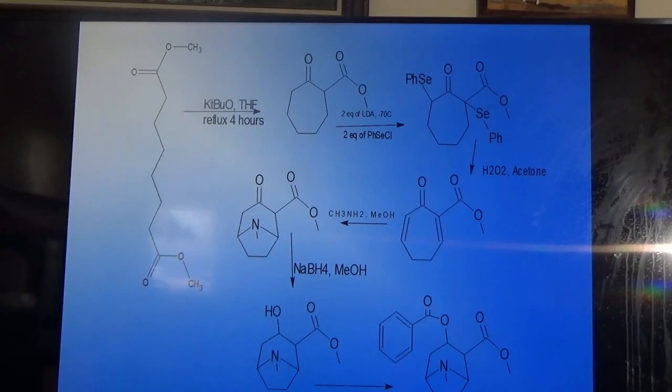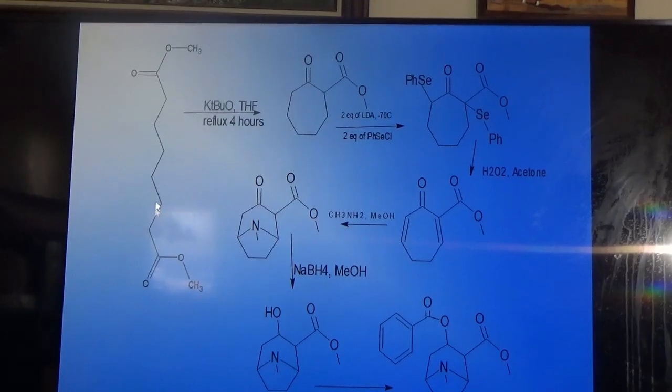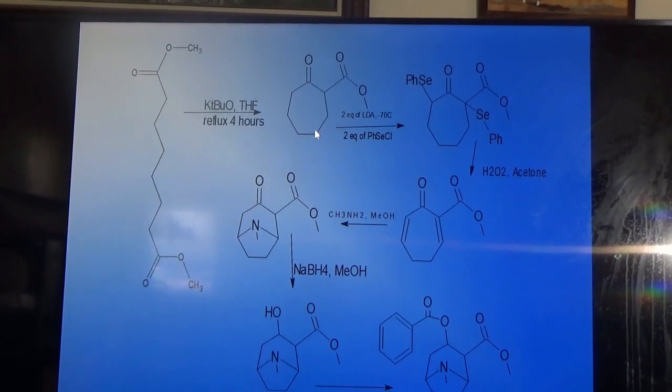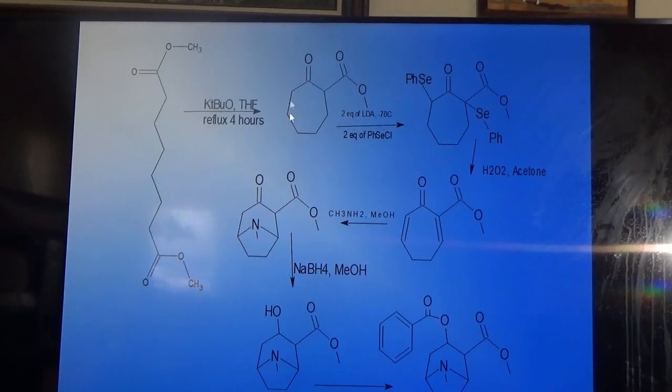In order to synthesize the 2-carboethoxy cycloheptanone, I started with the dimethyl ester of heptadienoic acid. The diester was treated under Claisen condensation or Dieckmann cyclization conditions, where the strong base potassium tertiary butoxide makes the anion at one of the alpha esters, and then that attacks the carbonyl group in a Claisen way to get the product. Cycloheptanone carboethoxy ester is formed in nearly 80-85% yield by this reaction.